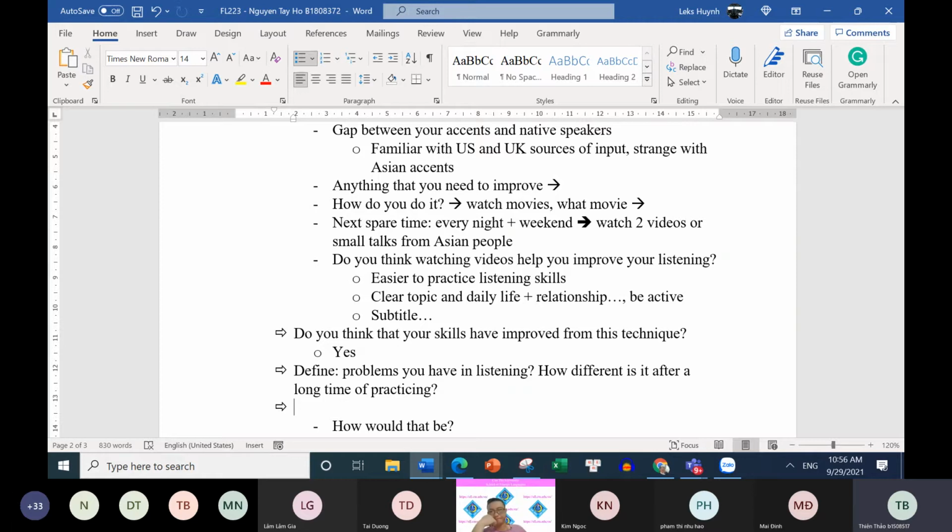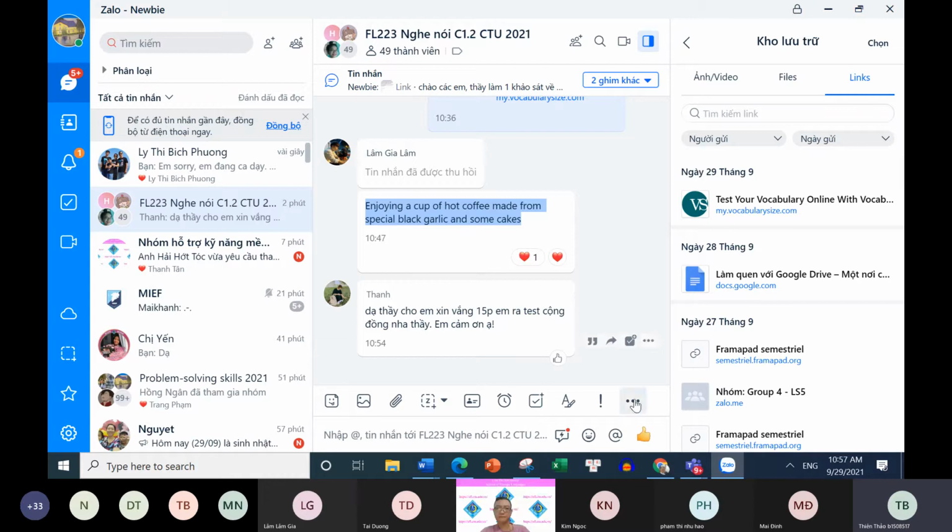And when we take some tests, we will have new vocabulary or vocabulary we learned before. So what I mean is that the accent and the emphasis of the stress on words may be different from what